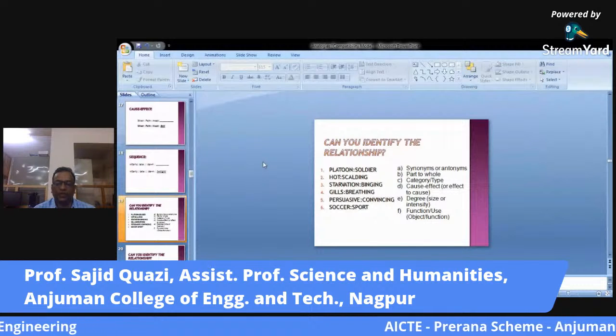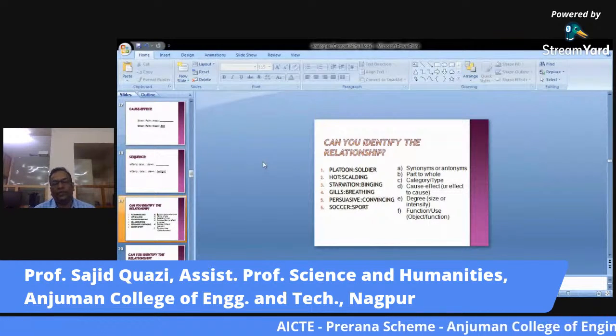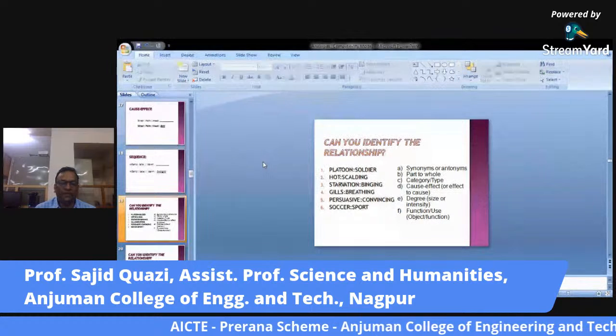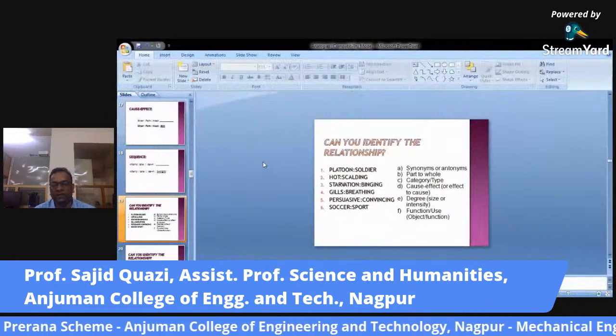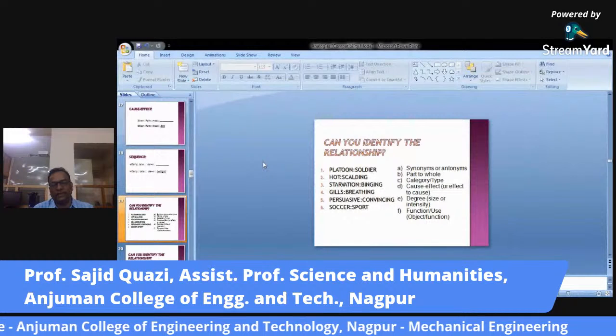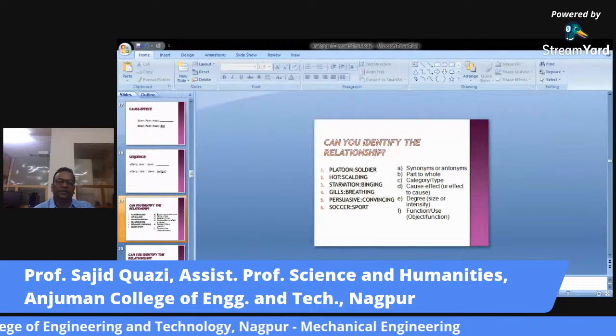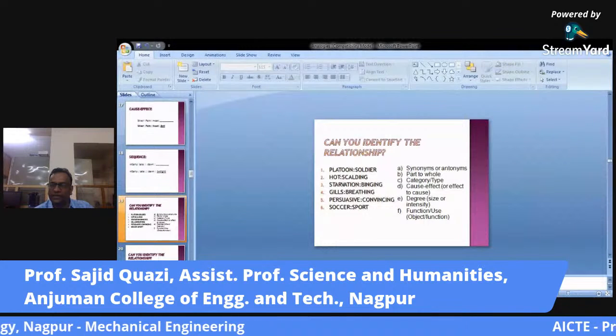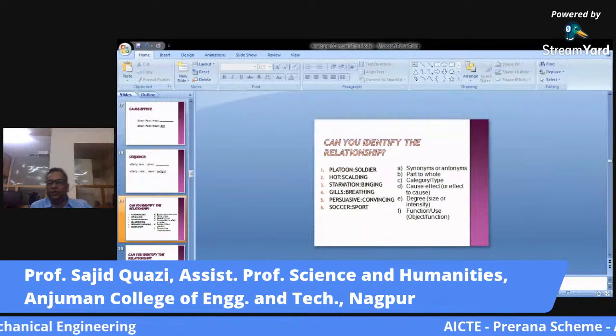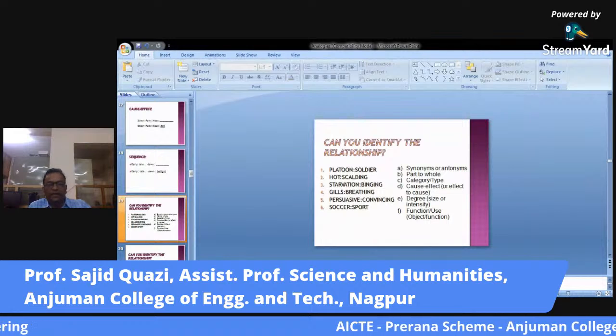Soccer equal to sport. Now you will have to match the pairs with the help of the following points, which are listed category-wise one after another, and then you will have to understand. If you are getting the correct one, I can hold for a minute, or for 2 or 3 minutes, then you can easily understand. If you don't